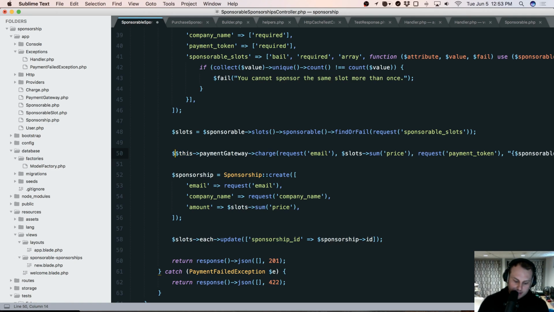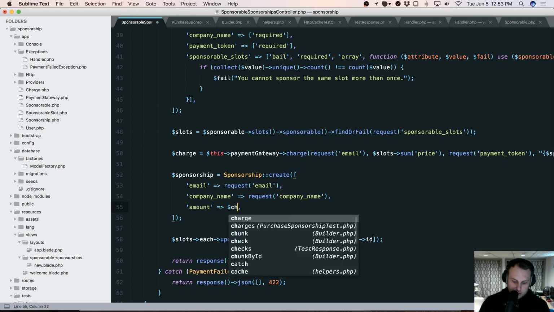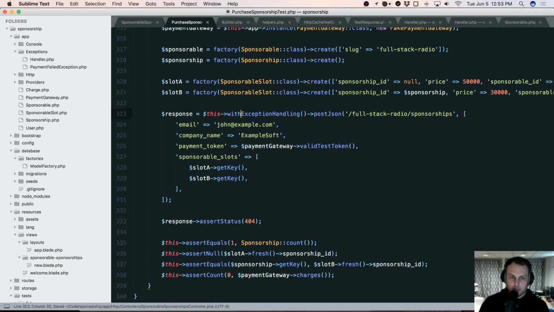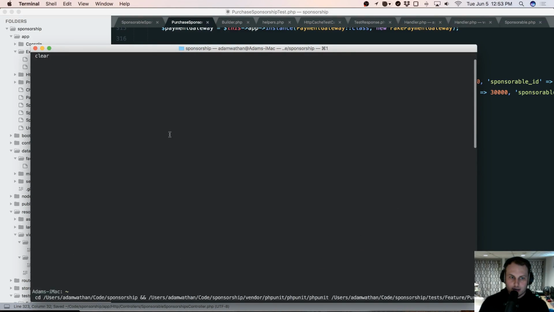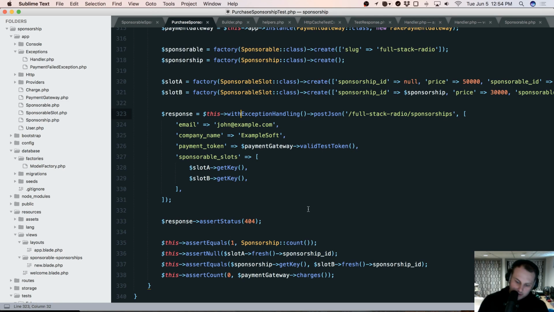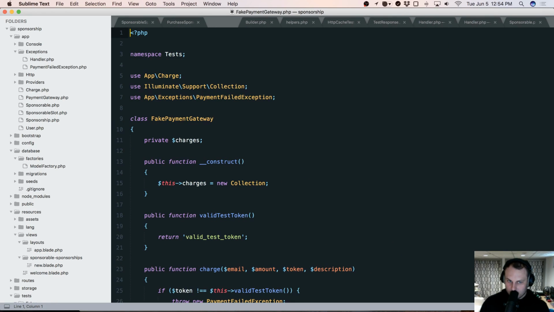So I think a good way to do this would be to have payment gateway charge return a charge and then use the charge amount here to remove that duplication. I think this is going to fail because we're not returning the charge: call the member function amount on null. But if we go to the fake payment gateway,